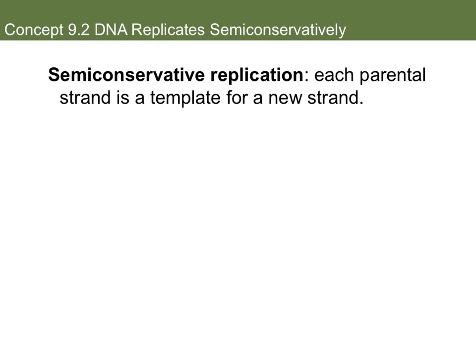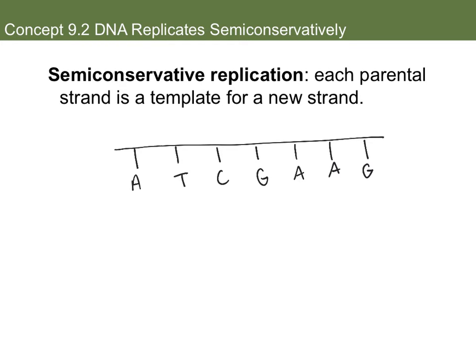Now keep in mind that semi-conservative replication is the way that DNA replicates in which each parental strand is a parent for a new strand. So let's say you have some, quote, old DNA or original DNA. When a new strand is made, it is going to be made in what is called a semi-conservative manner. In other words, the original strand acts as a template for the new strand, which will be